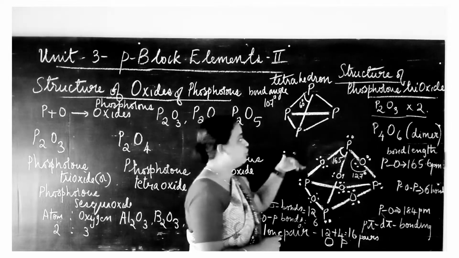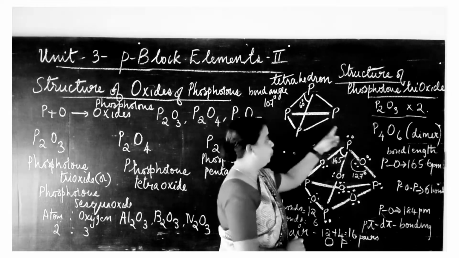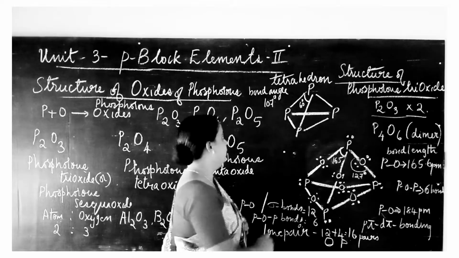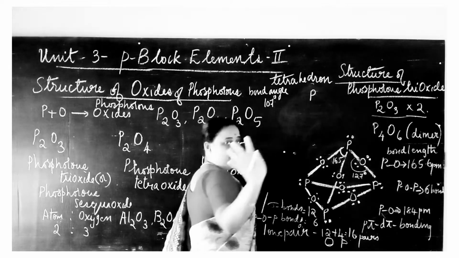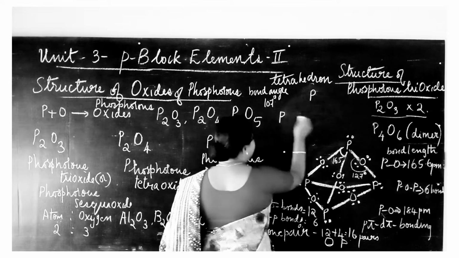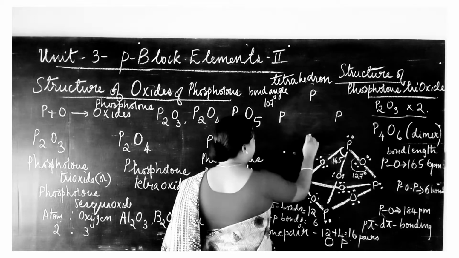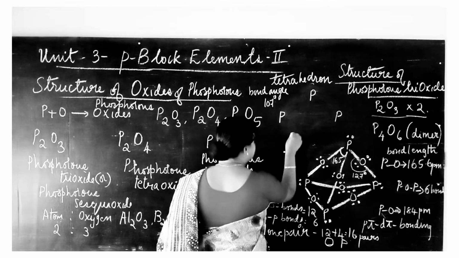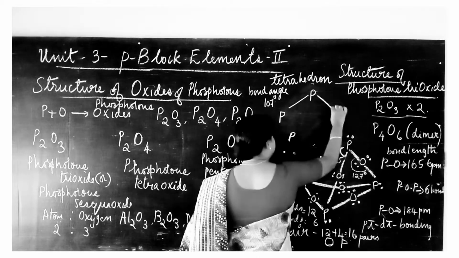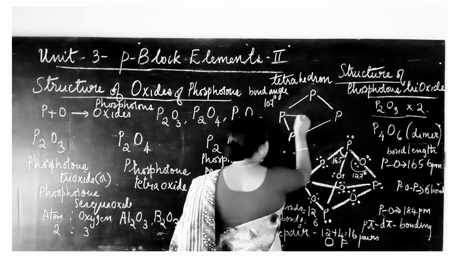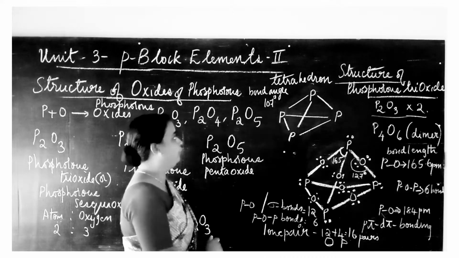Before going to the structure of phosphorus trioxide, let us understand the structure of phosphorus P4. We will just draw the structure here. It is very simple to draw. Three phosphorus atoms are there. Write the three phosphorus atoms like this, and the third phosphorus atom, don't put it exactly down, just tilt it slightly towards the left side. Then you have to join all of them. Very simple. This is the tetrahedron structure of phosphorus.